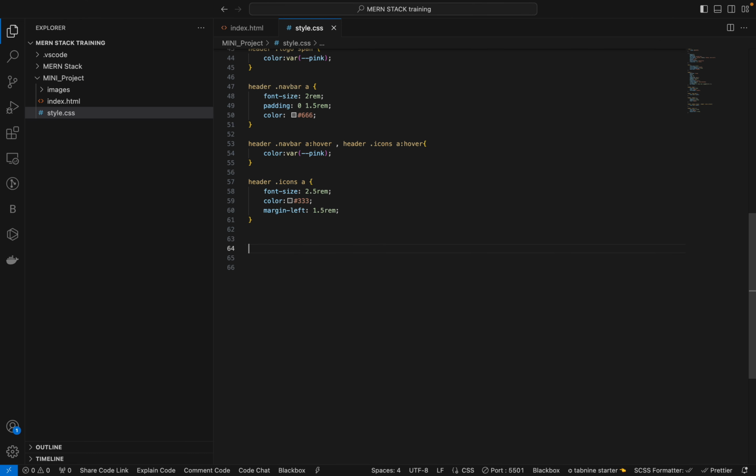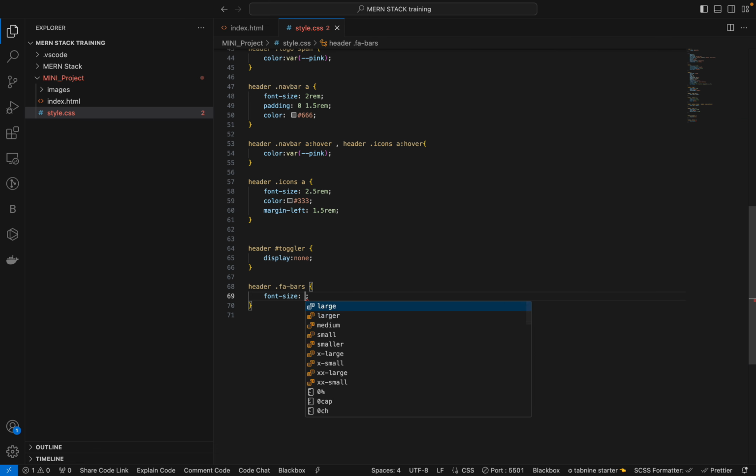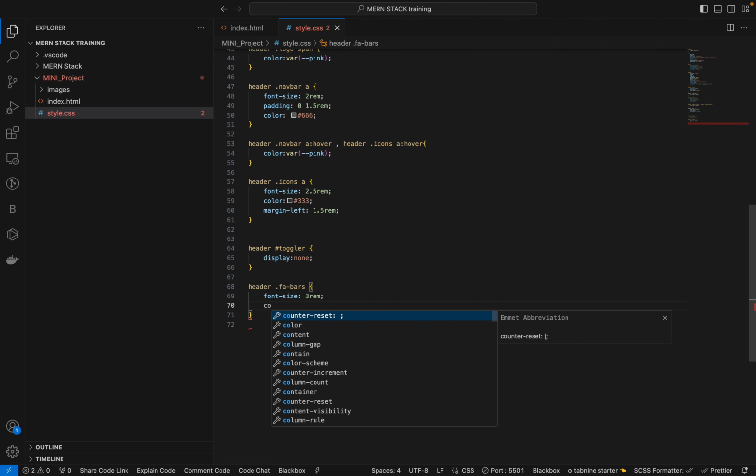So after that, header of toggler, where we will give display as none, where we should not show it in the desktop view. We have to show it only in mobile view. Header what in fi bars, which is in bars, where we have to increase font size with 3 rem, same like previous icons. And color